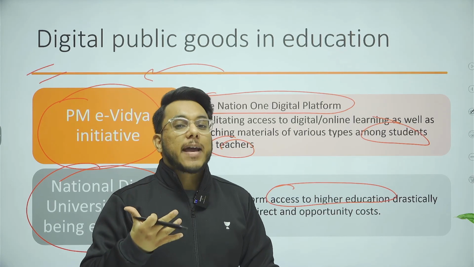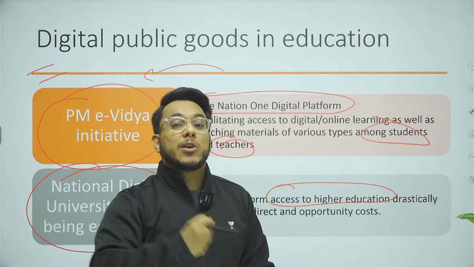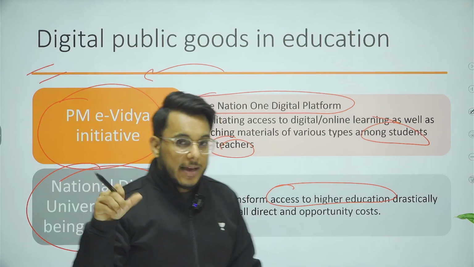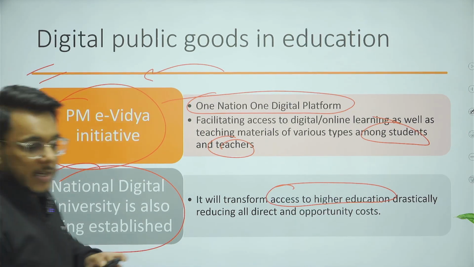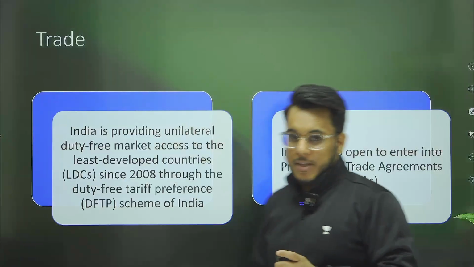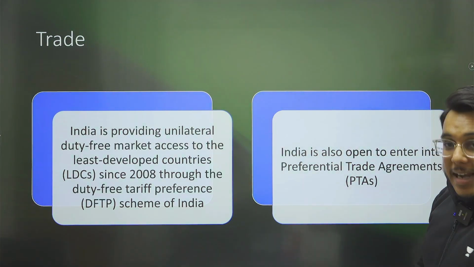So many times, if such people want to get education, the opportunity cost for them is very high. To help such people, the National Digital University that has been established is quite an impressive intervention. Okay. Then on the trade front also, guys,